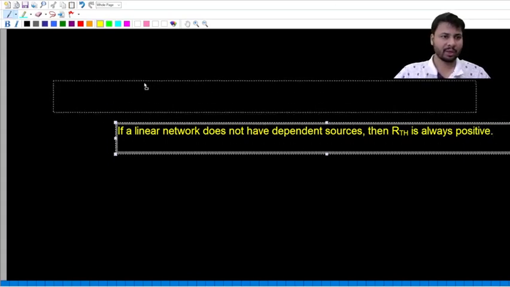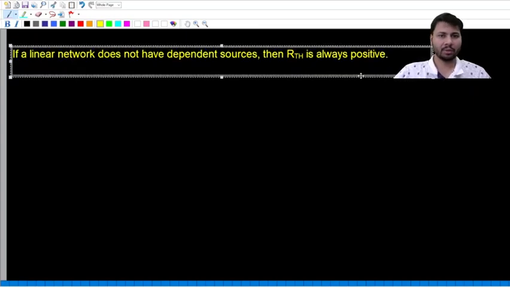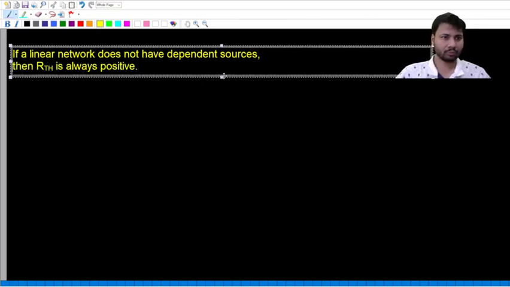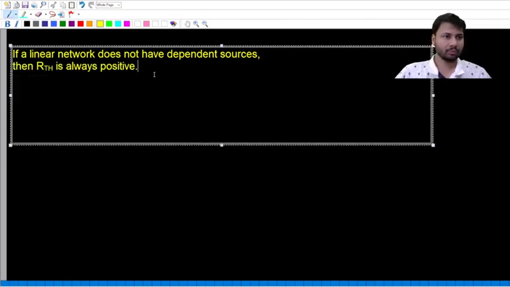If a linear network does not have dependent sources, then RTH is always positive, and